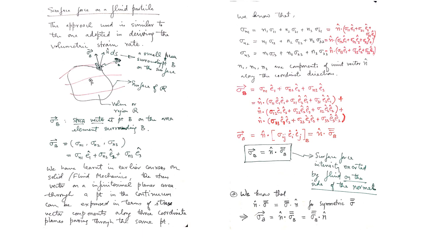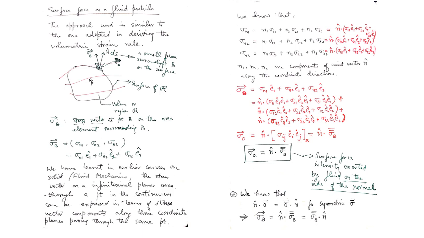Now it will be a straightforward matter to write down the net surface force on this material region R. Here I have pointed out that there is a small note written. We know that the dot product of a stress tensor of rank 2 is in general not commutative, but what I have written here is that n cap dot sigma is the same as sigma dot n, and I have also written that this holds for symmetric sigma only.